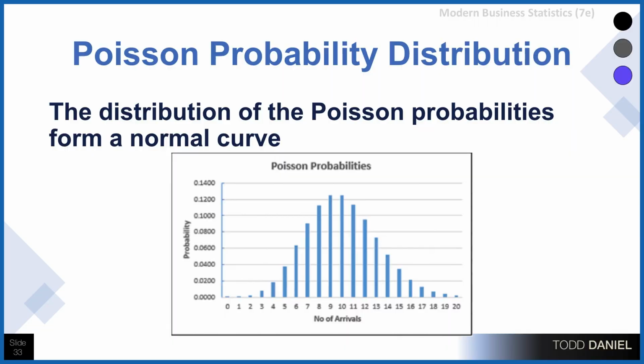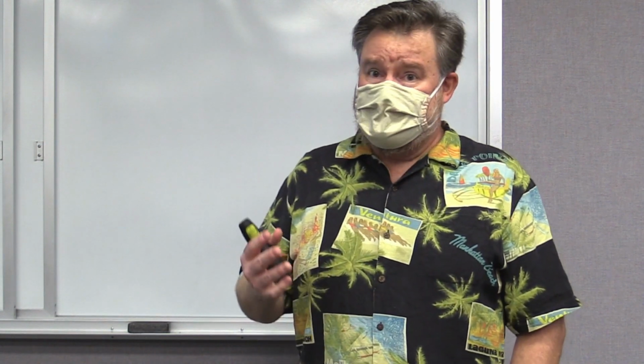The Poisson distribution, as well as any of the distributions that we're talking about, when we use them, we will find that they will form up into this normal distribution. So the distribution of sample means will always form a normal distribution, regardless of which underlying distribution we're using. And so when we talk next time about the normal distribution, this is going to become a very important point. We'll stress that when we get to that.